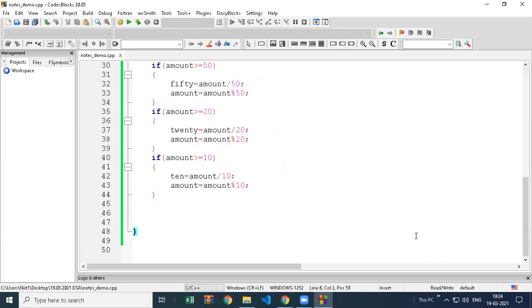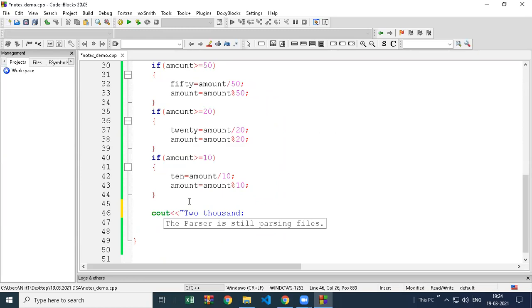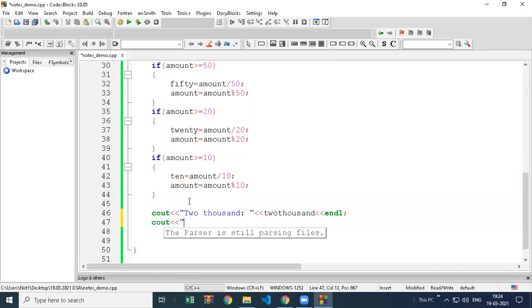So let's check now whether it is working. We have to print all variables. So you can now print 2000, then 500. Okay, or if you print it there only, it would be better.